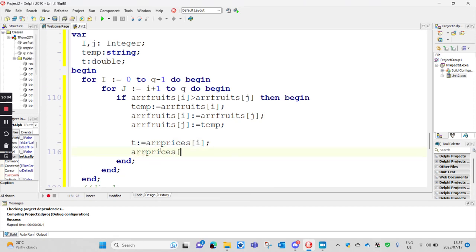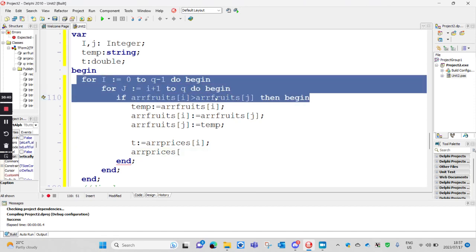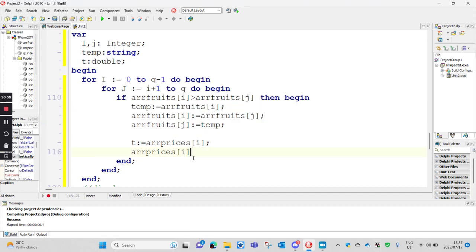Perfect. Remember now with this piece here, this part doesn't change. We're not even including the prices here because we're not sorting according to prices. We just want to check the fruit names to decide if we want to swap them or not. But on the inside, as soon as you swap the fruits, you must swap the prices as well so that the apple stays 15 Rand and the orange stays 5 and the naartjie stays 5 as well, whatever. I can't remember what the prices were. The prices should stick together with the fruits themselves. And that's why